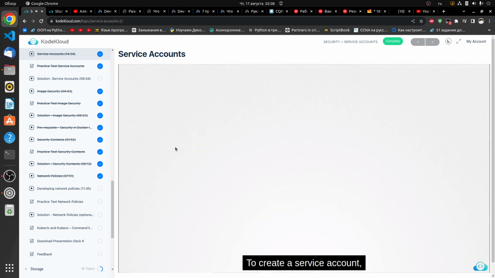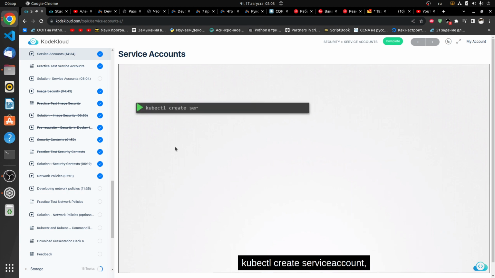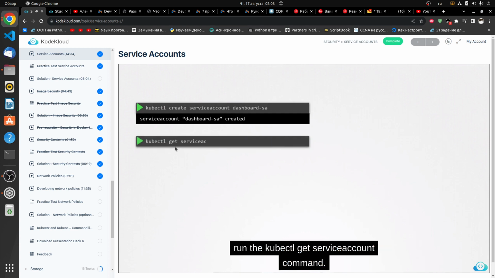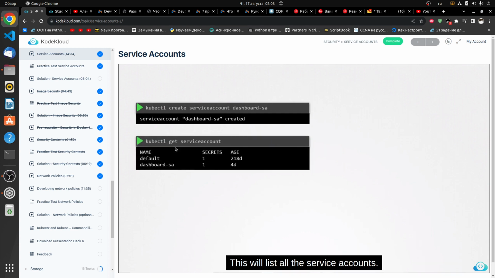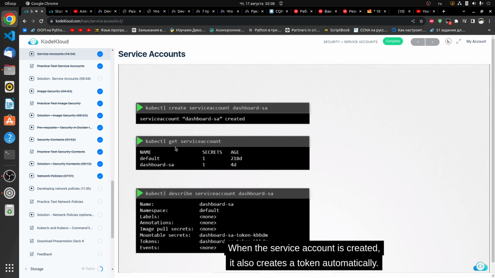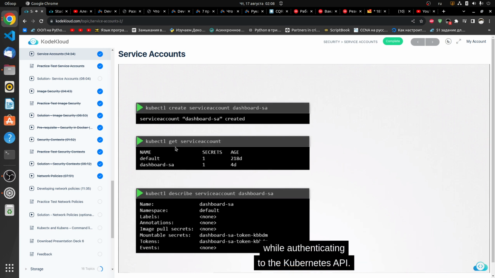To create a service account, run the command kubectl create serviceaccount followed by the account name, which is dashboard-sa in this case. To view the service accounts, run the kubectl get serviceaccount command. This will list all the service accounts. When the service account is created, it also creates a token automatically. The service account token is what must be used by the external application while authenticating to the Kubernetes API. The token, however, is stored as a secret object. In this case, it's named